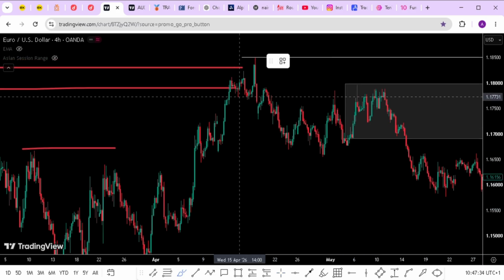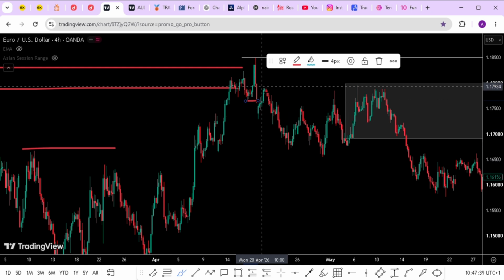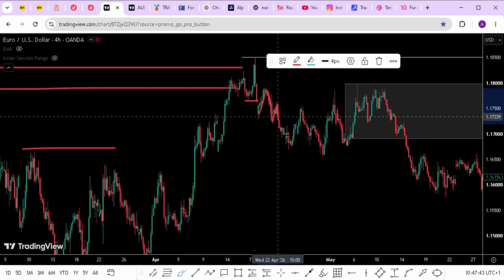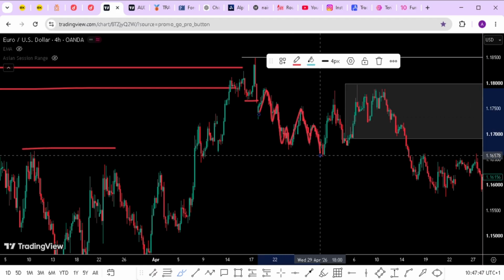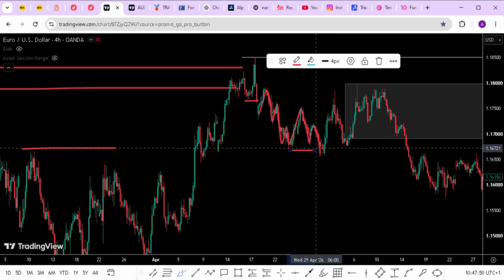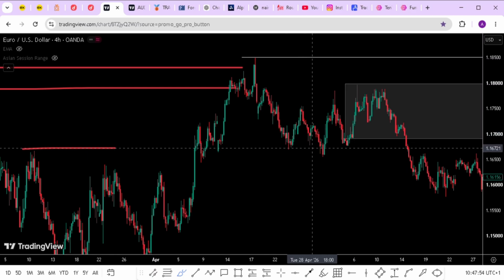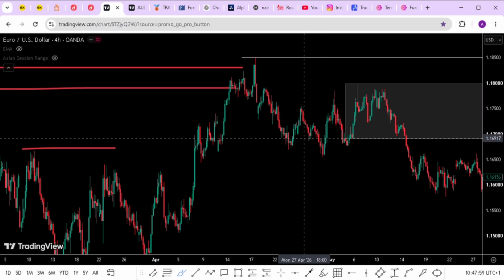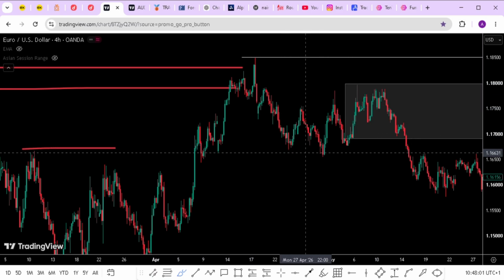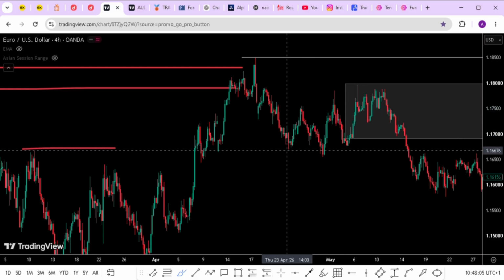If you go to lower time frame from this level, you can see if you use 4 hours for this level, we can use this as a change of character, and you can see market was just doing impulse correction, impulse correction, impulse correction. The market took out this level and did what? And sweep this low. When the sweep happen, it's not a break of structure. We know that once sweep happen and market refuse to close below, then market is likely going to get more liquidity.